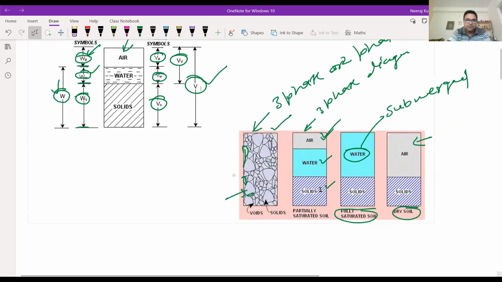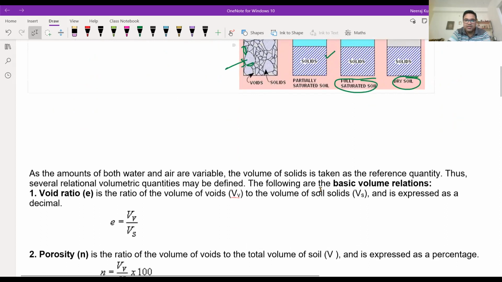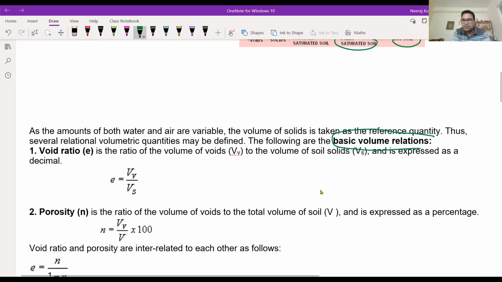So for example, let us consider first the volume parameters. Here, the first parameter is known as void ratio. It basically gives us an indication of how many voids there are in a particular soil. Void ratio can be calculated as the ratio of volume of void to the volume of solid. Similarly, porosity is very similar, but here in the denominator we have the total volume of the soil. That is the only difference. And we also express porosity in percentage.